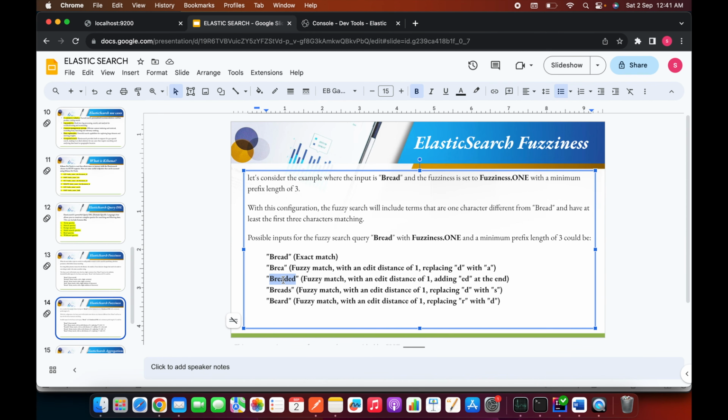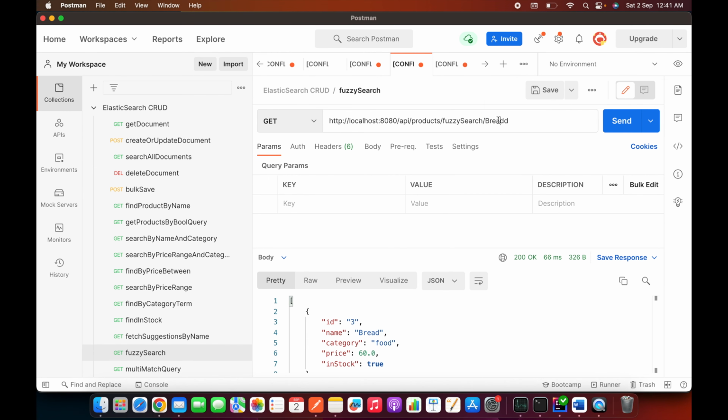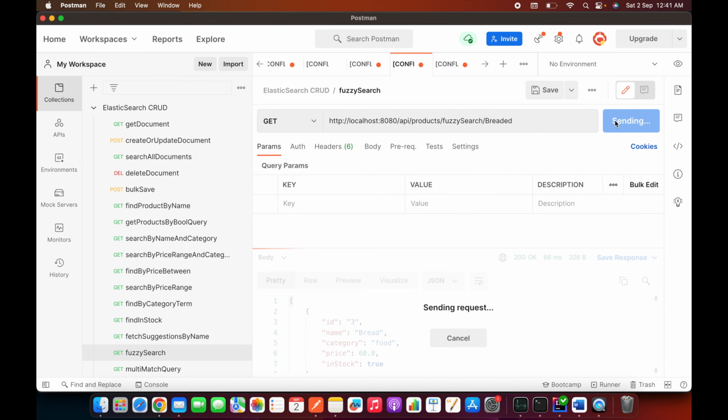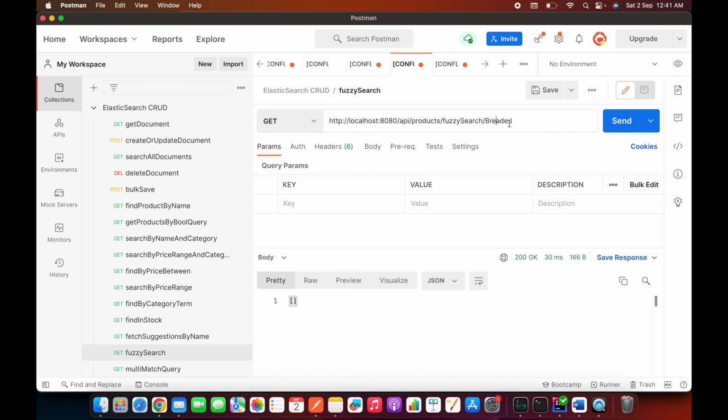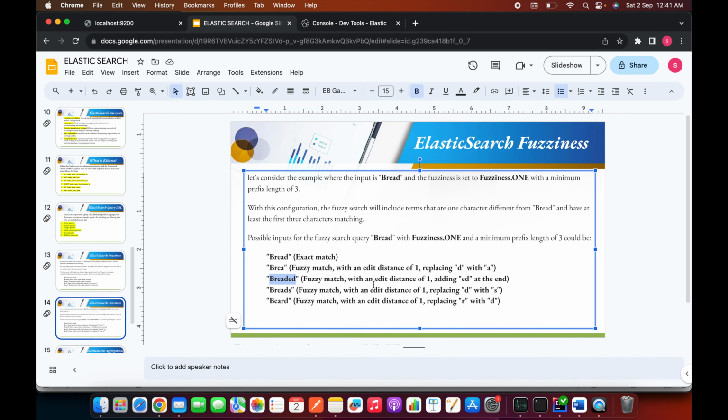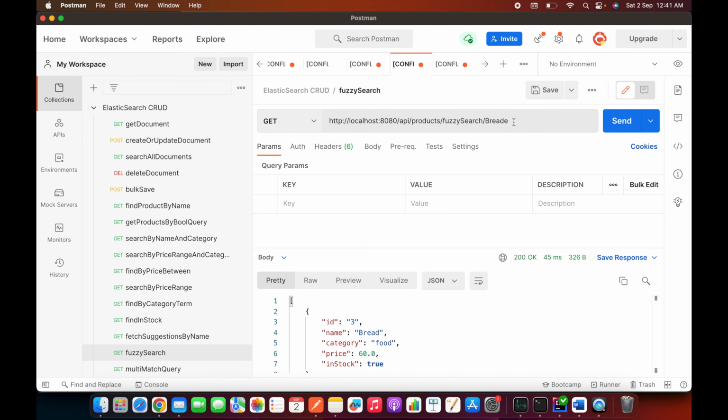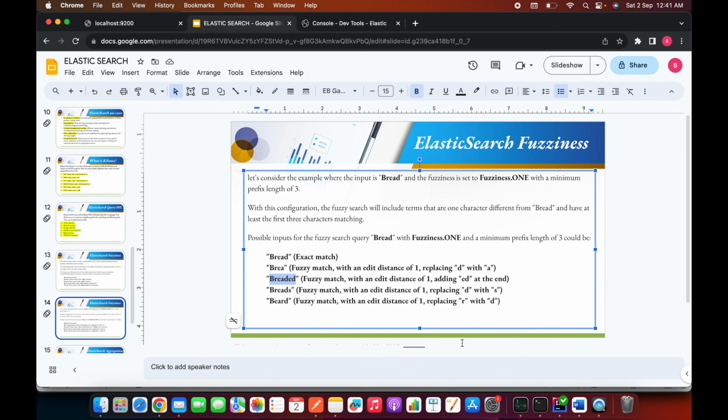This one is not working, so let me test this breaded. The first three characters are matched, but one extra character is added, so this is an edit distance of one, adding ed at the end. Okay, not the ed, I just added e here. It's working fine. So like this, we can make use of this fuzziness 1